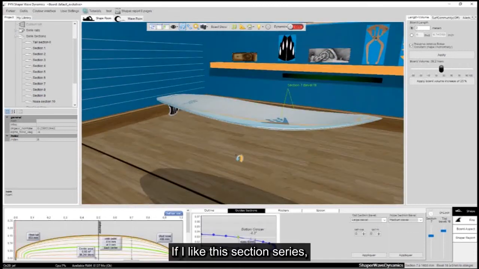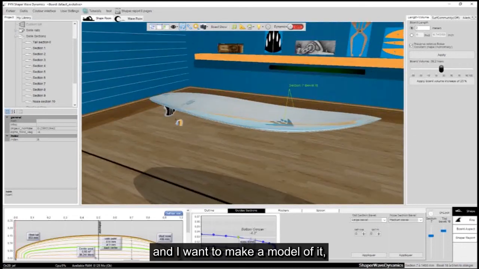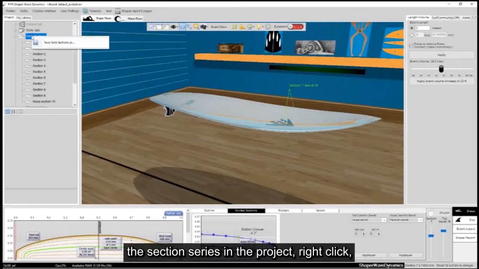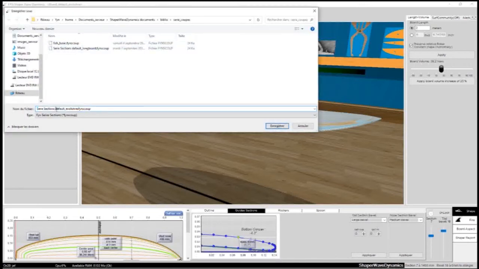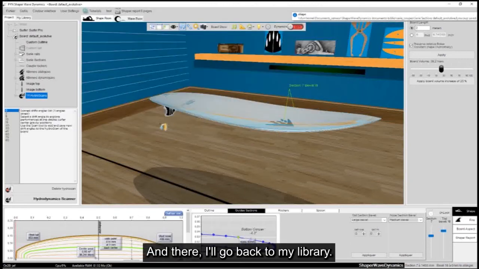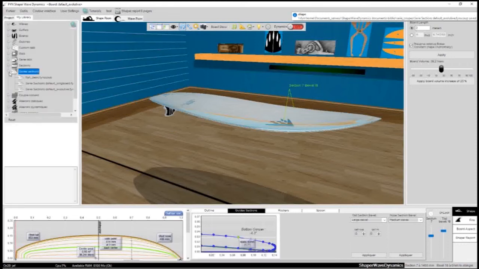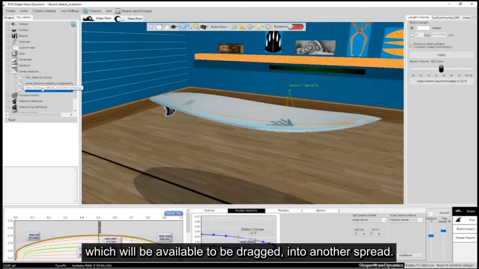If I like this section series and I want to make a model of it, I will select the section series in the project, right-click, and save section series as. To save it, save, and there, I'll go back to my library, and see in my section series here that I have saved the section series, which will be available to be dragged into another board.